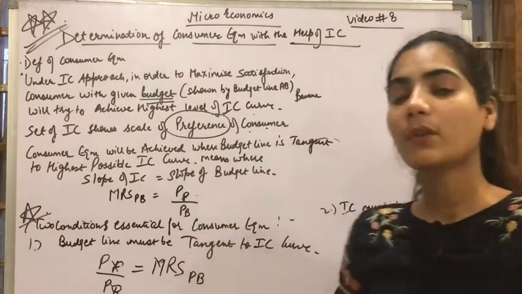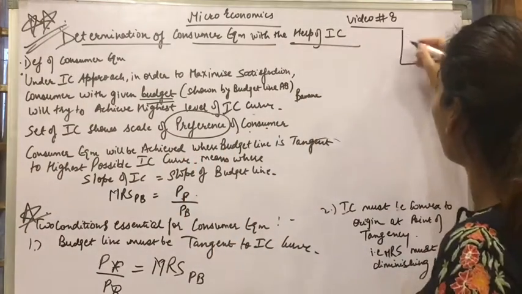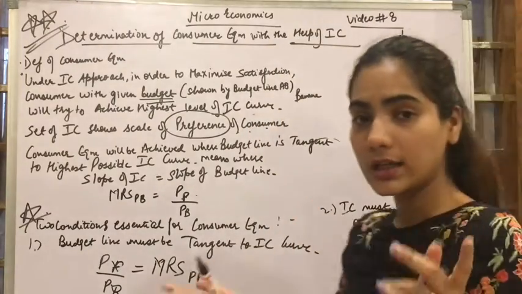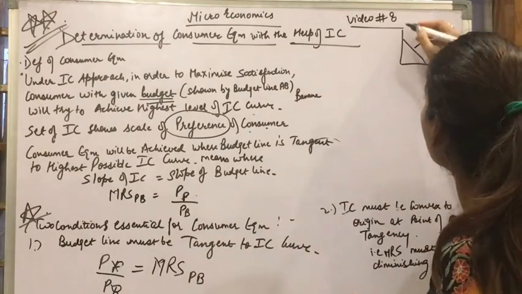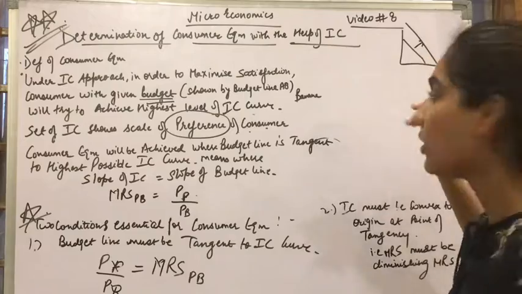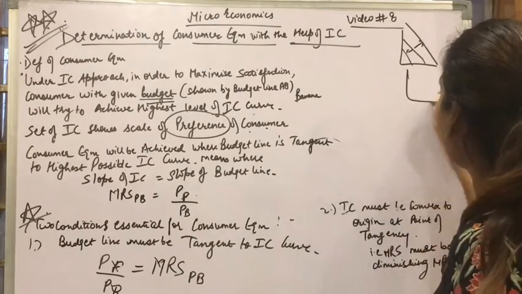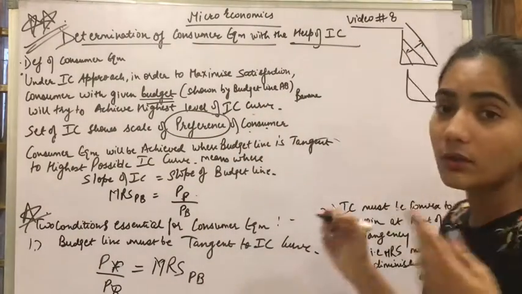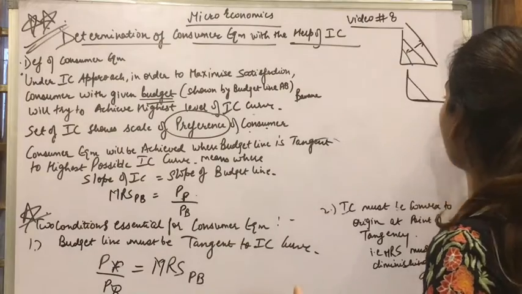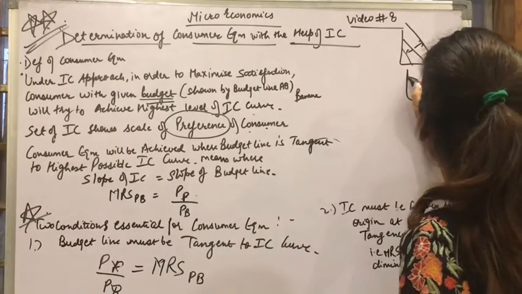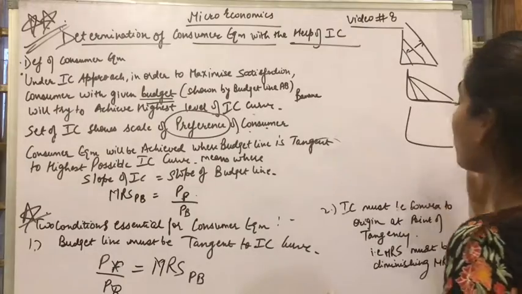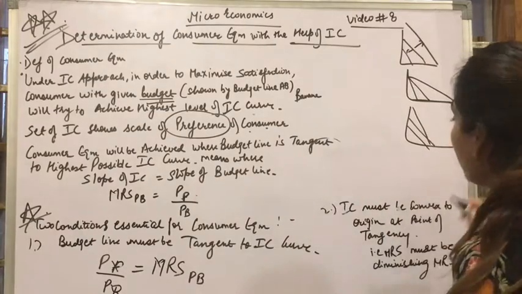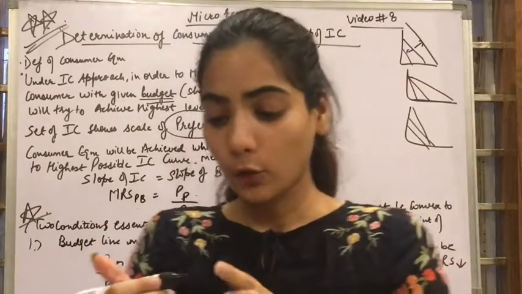In the earlier video we talked about the budget line and the changes in the budget line. How the budget line could be changed, either due to change in the income, so the budget line shifts to the right side or left side, or due to the change in the prices of the two commodities. If there is a change in the price of the x commodity, the budget line changes on the x-axis. If there was a change in the price of the y commodity, the budget line changed on the y-axis. This all we talked about in the earlier video. I hope you understood it.